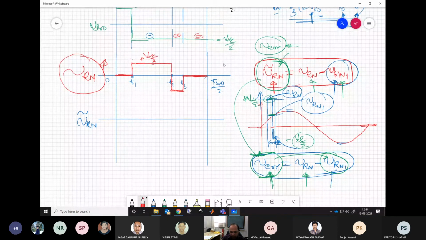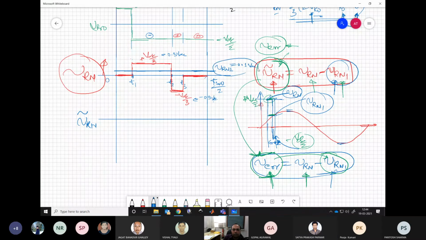Now, where is our VRN1 value? So we have plus VDC by 3 and minus VDC by 3. Two levels are here. So somewhere this is 1/3 almost if we take. So let's say 0.3 times of VDC this is, and this is also minus 0.3 times of VDC. Is that correct? So our average value is somewhere here. This is our VRN1. Am I clear? Yes, sir. This is 0.1 VDC.